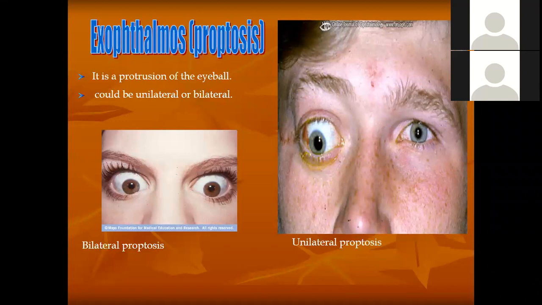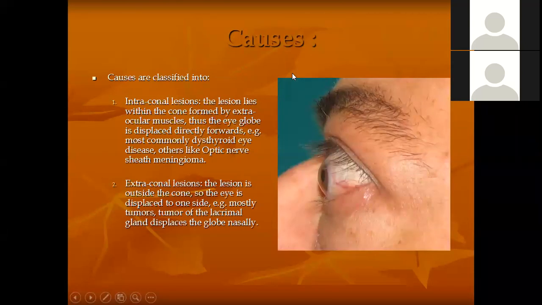So it is a type of proptosis which is non-axial. Similarly, the eyeball might protrude superiorly from any mass below. It might bulge or protrude medially from any mass from the opposite side, that is laterally, or it might bulge from the medial side from any mass. So these were the different types of axial or non-axial proptosis.